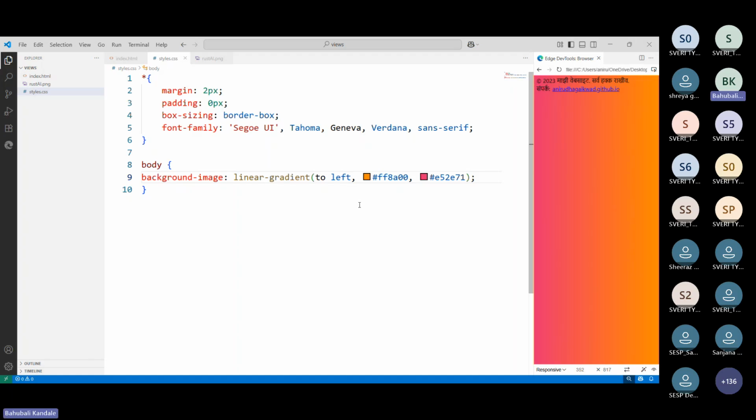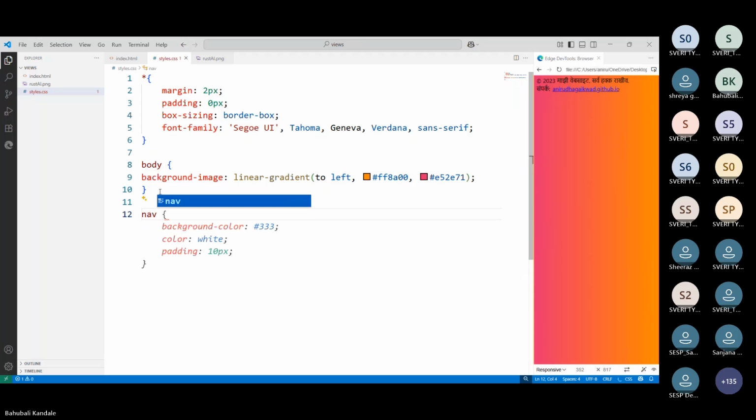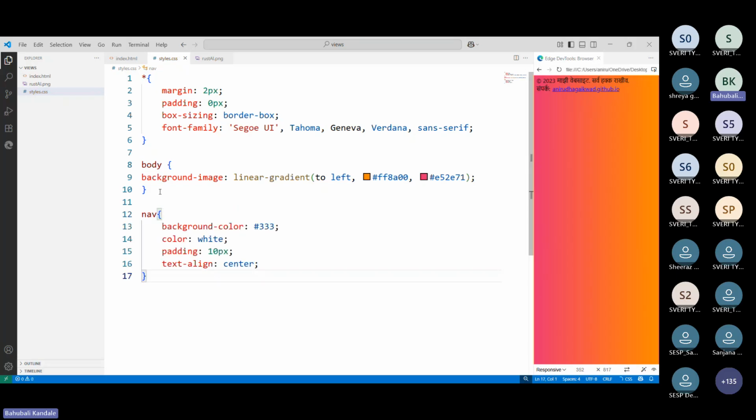I want to make a navigation bar, and that navigation bar holds the menus, right? For that reason, I write the next thing. That's the nav bar. That's the element, and that element selector holds some properties. That's a background color. But we are using a gradient, so don't use that background color. Instead, we can use the next gradient,